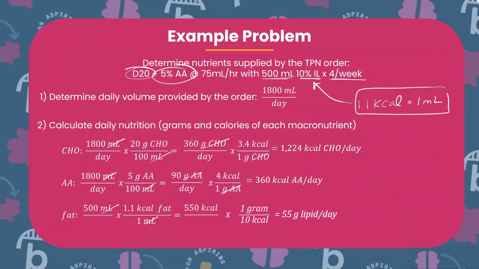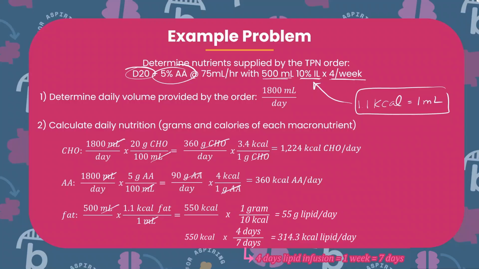Though this patient only receives lipids 4 days out of the week, they aren't getting daily lipid infusions. The 550 calories are given 4 days out of every 7 days. 1 week is 7 days. So we can write an equivalent statement that says the patient is receiving lipids 4 days in 1 week, which is 7 days. This conversion is letting us estimate how many calories they're intaking from lipids every day. So at 550 calories provided 4 days out of each 7, we find out the daily approximation of lipid is